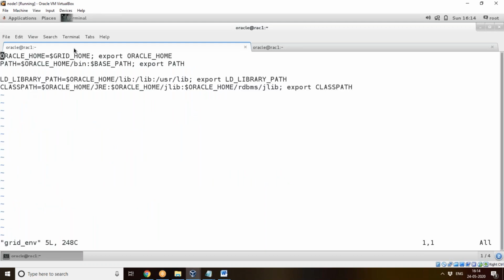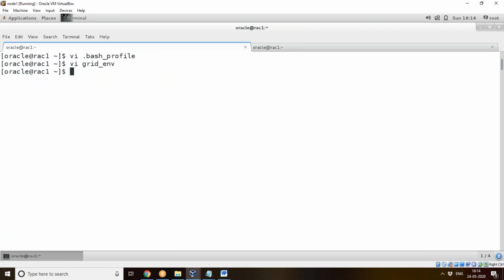So Oracle home will be grid home. Grid home we have already assigned in the bash profile. That is your Oracle home, /u01/app/12.2.0.1/grid. That is your grid home, and there it will install all the software: all the library files, executable files, everything.